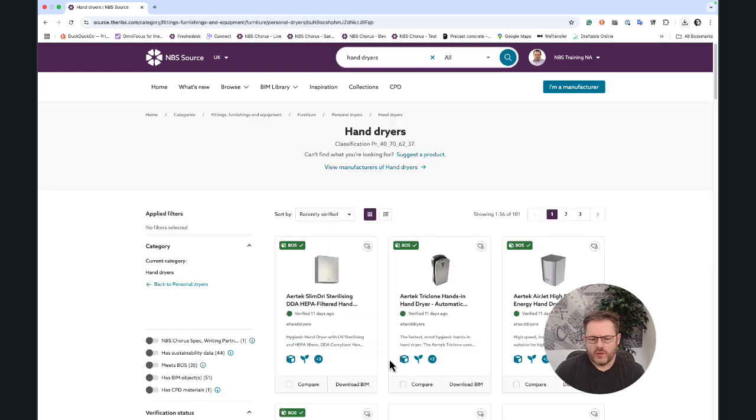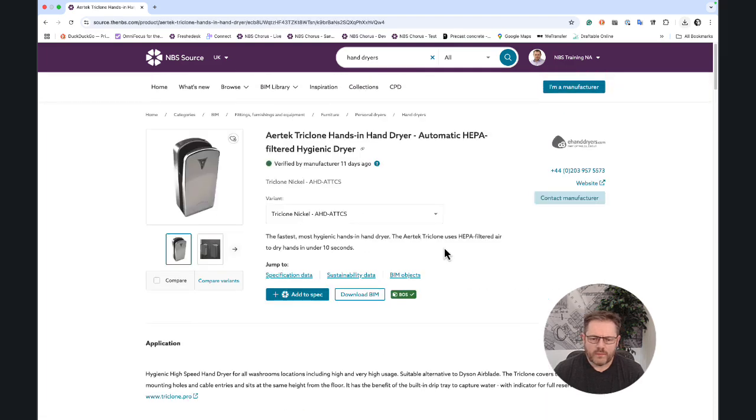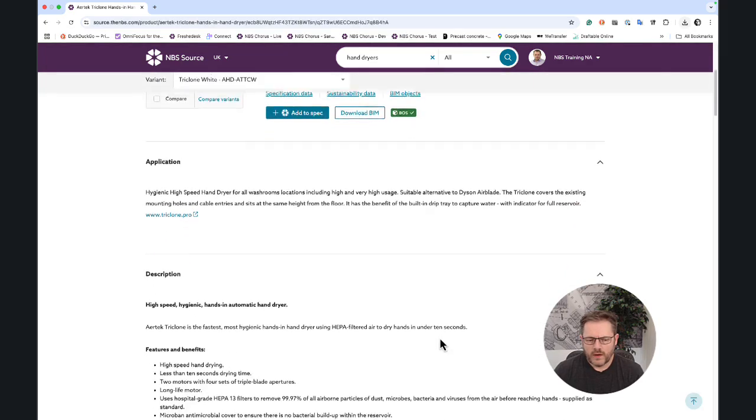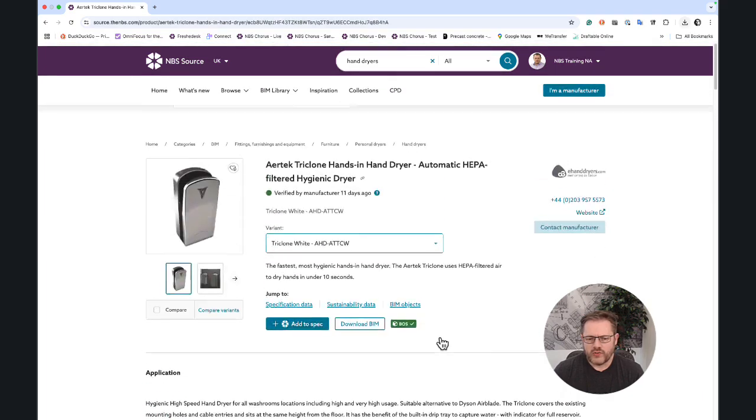And I'm going to come down and look at one of these products that's got variants in it. So this AirTech Triclone Hands-In hand dryer automatic has got 3 variants that are part of this. And if I click into that, I can then select one of the 3 variants to look at, which is great. But what you really want to be able to see is what is the difference between